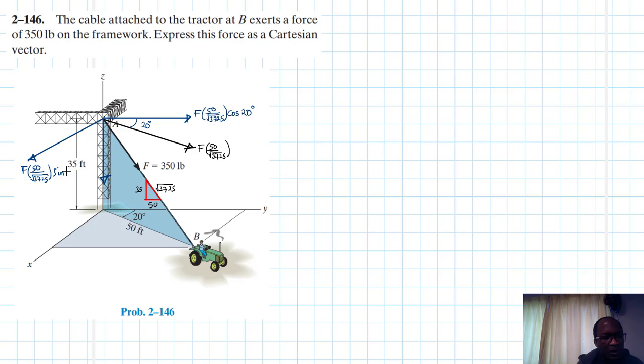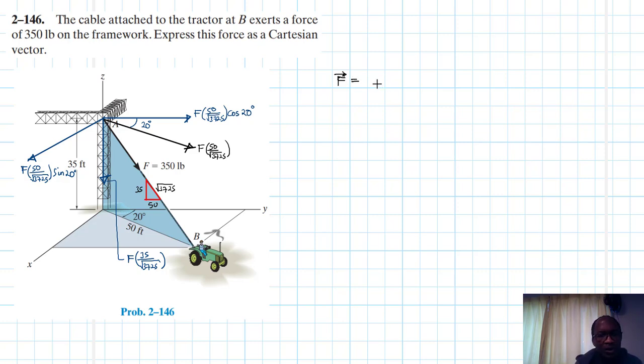Then we have this one. This one is f times the rise, which is just 35 divided by root of 3725. Okay, so there we go. We've defined all the components, then we can write them down. Therefore, our first vector in Cartesian vector formatting is just going to be equal to,